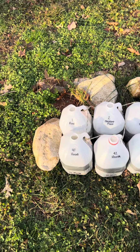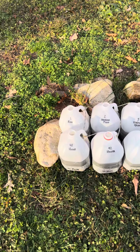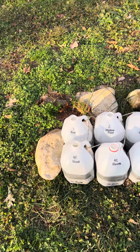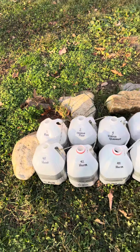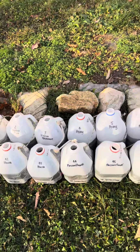Alright, these are my winter sowing so far. I have 73 done. Bonus set, hostas, obedient plant, Virginia spiderwort, passion flower, peonies,